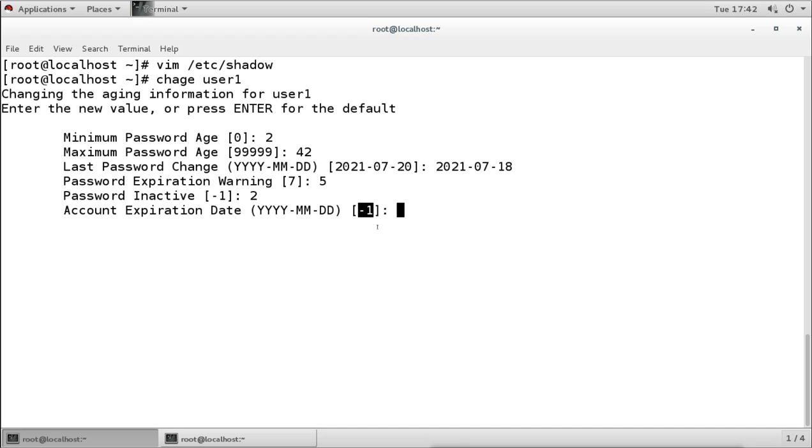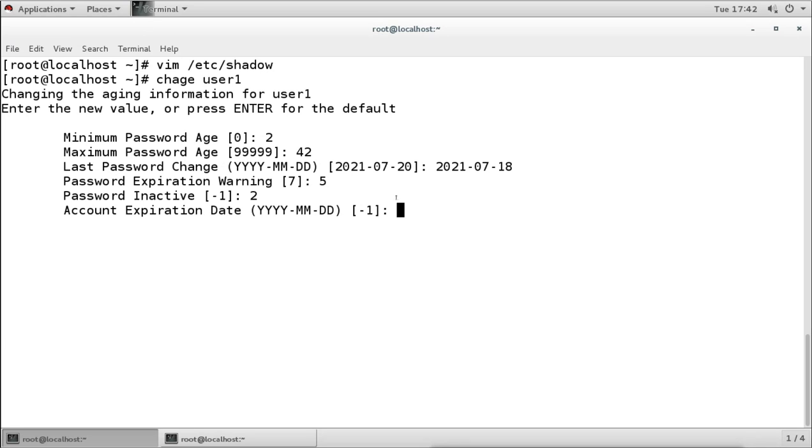So on that specific date, their account will be expired, and that account will no longer be available, it will remain inactive. It is also -1, but we can add a date here. Now this date will come as days after 1969.